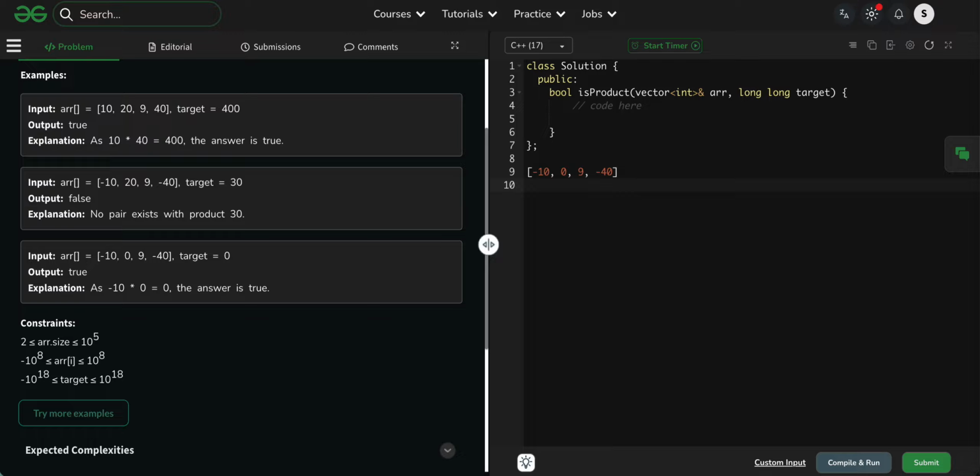Now the simple one: in our childhood we have a formula. Negative into negative is equal to positive, right? And positive into positive is equal to positive, and negative into positive is equal to negative, right?